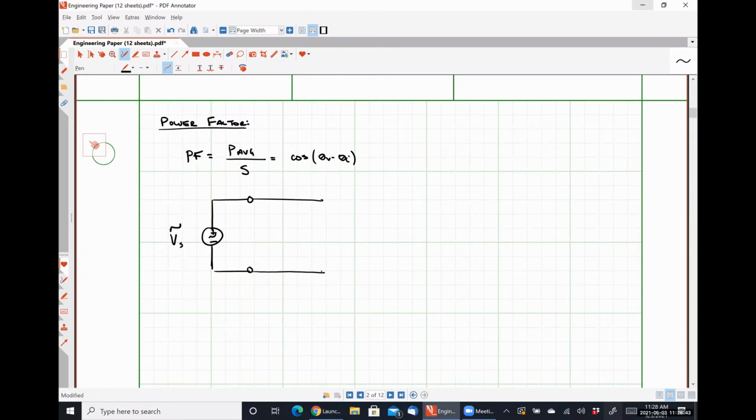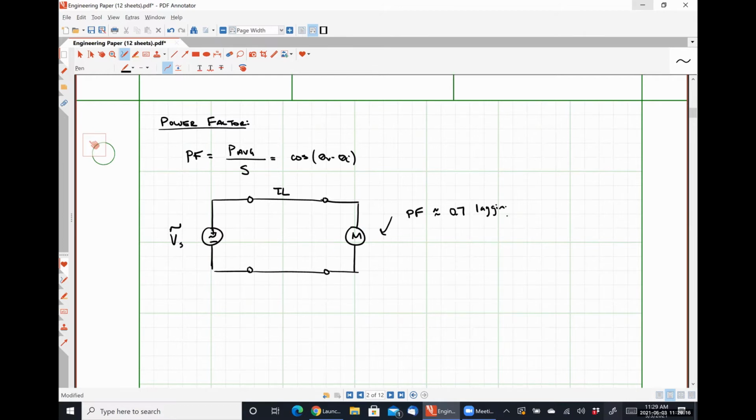Then we would have a transmission line system. I'm just going to call this TL for now. We'll get into it in much more detail later. And then over here, let's say that we have a motor. Okay. We would expect an induction motor to be operating at a power factor of something around